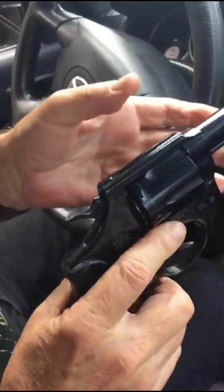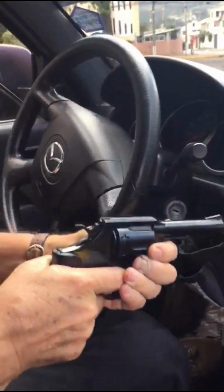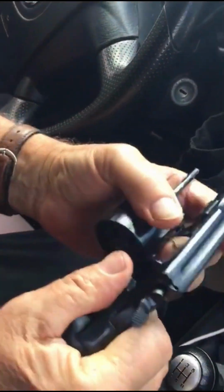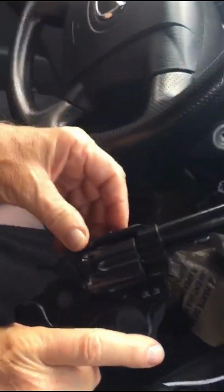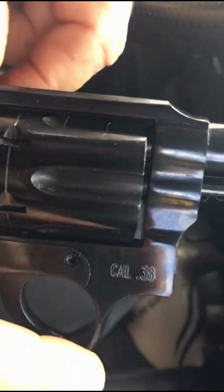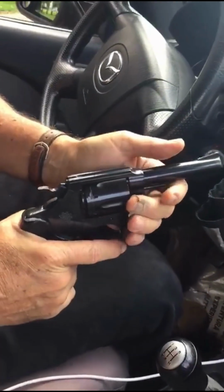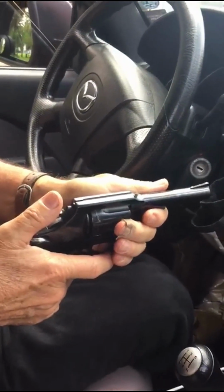Now, one thing: don't ever fire the gun holding it like this, because see that little gap there between the barrel and the cylinder. I don't know if you can see that. It's a tiny light there. Right there. That spent gas, when you fire it, is going to spit out sideways and burn your hand. In fact, one of the demonstrations that we do in firearms school is to put a piece